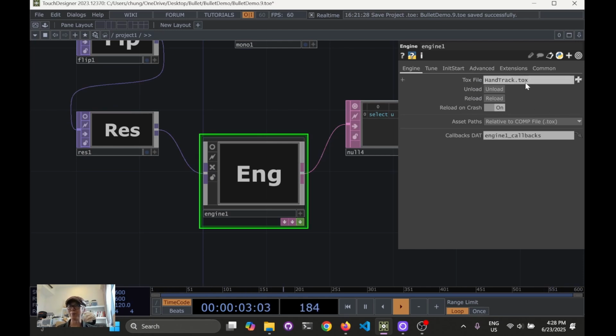The TOX is the component that you can find in the download, and if you want to have a look, you can download and import it directly without using the Engine, so that you can understand what's going on inside